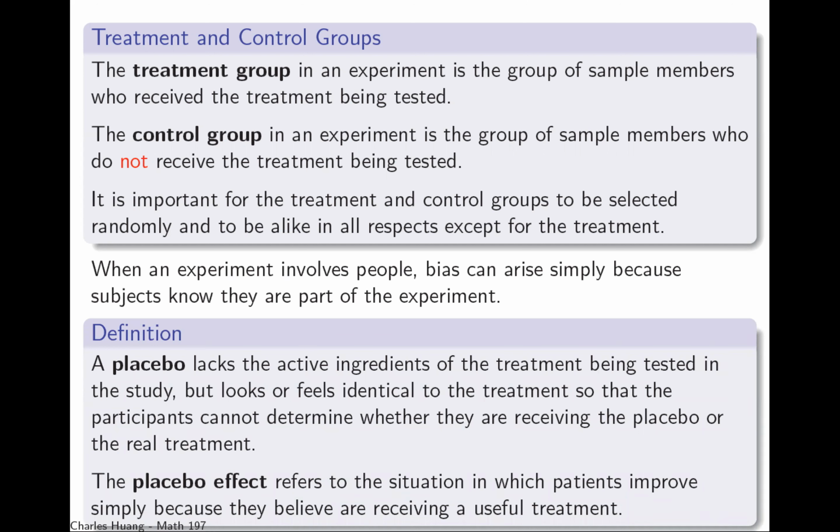But when we have an experiment involving people, we can have biases. We can have biases because the people in our experiment know it's an experiment, and they have expectations built up due to the treatment that we give them. A typical example is called the placebo effect. If you go to the doctor and the doctor tells you to go home and get rest because you have a cold,